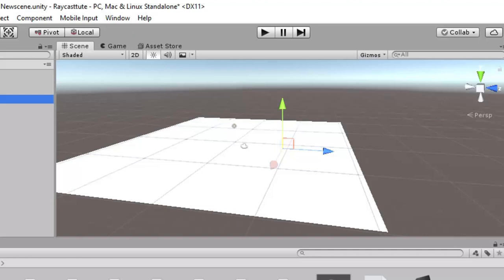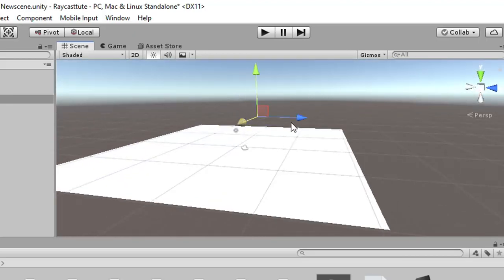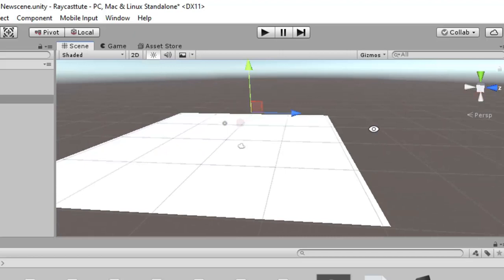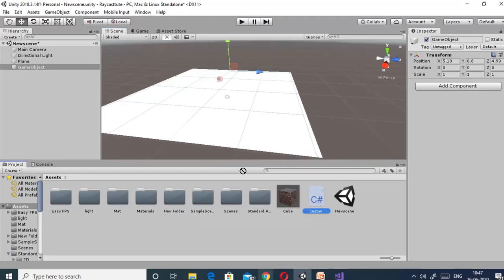Suppose I am placing it here. Though it is not visible, due to the transform property we can place it. Now we just have to assign this script to this empty game object.